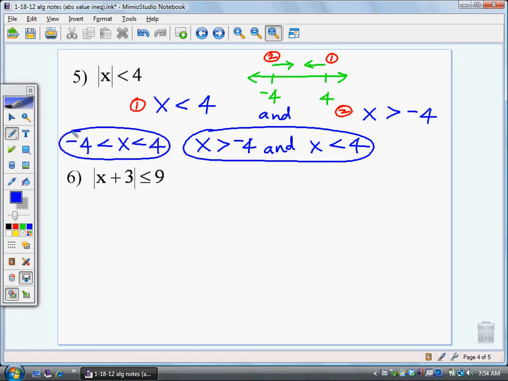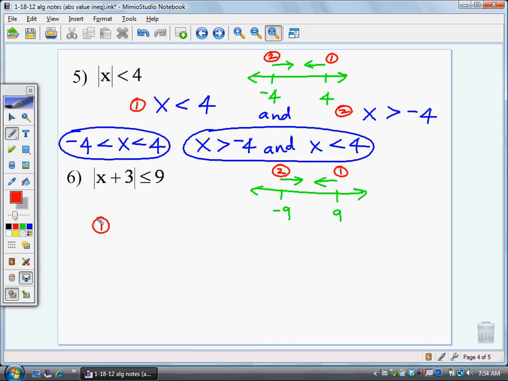And remember that "and" inequalities can be written this way. Now we just go through each one of these. When I sketch a quick graph here, the number is 9, so these are the two numbers whose absolute value is 9. We want it to be less than or equal to, so it's to the left of the positive 9, to the right of the negative 9. And these will be my two